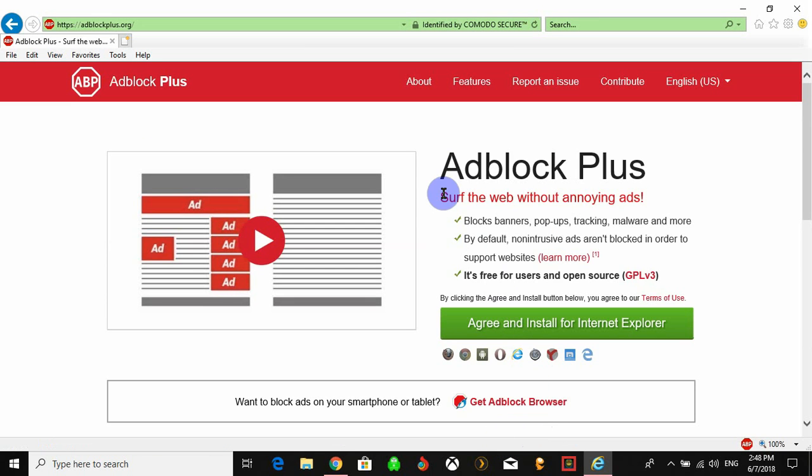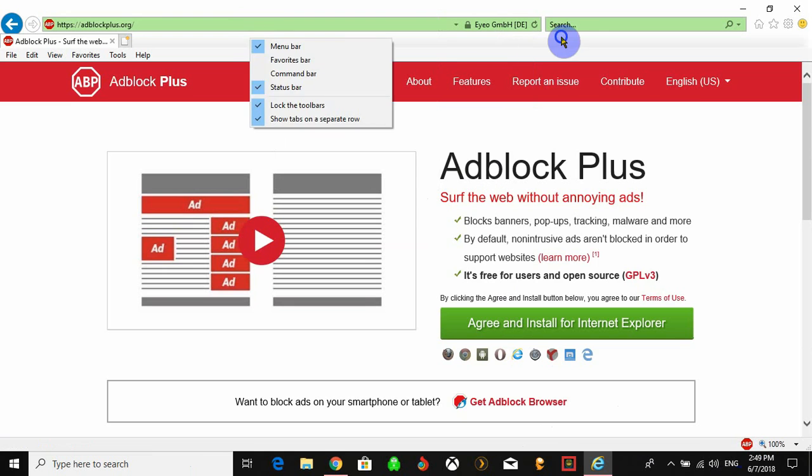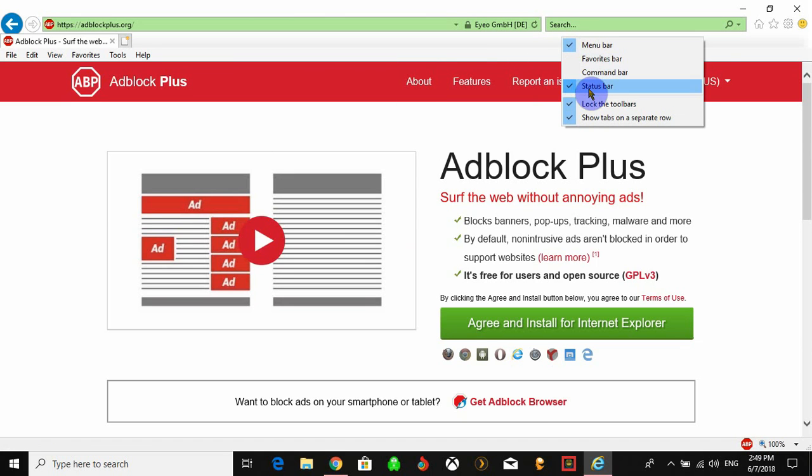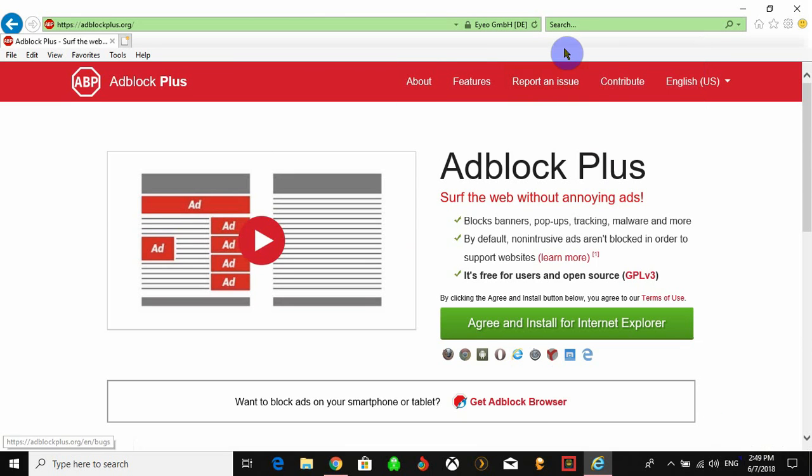A few things to note when you do it on Internet Explorer. When it's done, it's going to restart the browser, and the first time you open the browser afterwards, it's going to get a yellow bar pop up at the bottom. It says, do you want to enable the new plugin or add-on? You want to hit enable on that, and you won't see the actual stop sign unless you right click up here, kind of where there's nothing. Anywhere there's nothing, if you right click, you can enable the status bar,